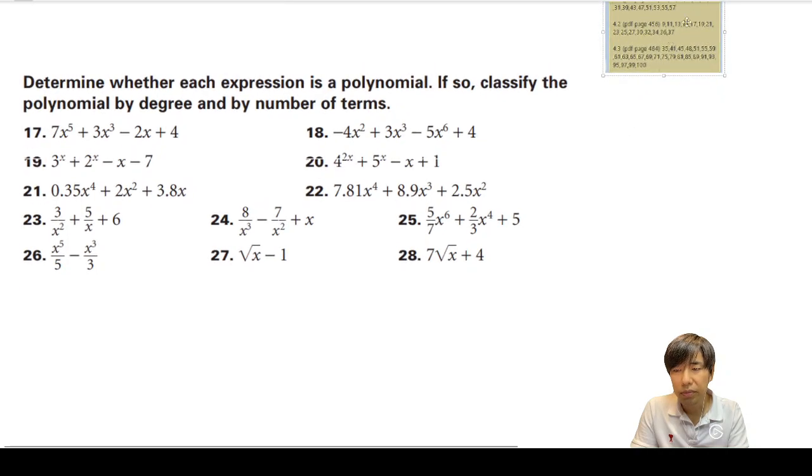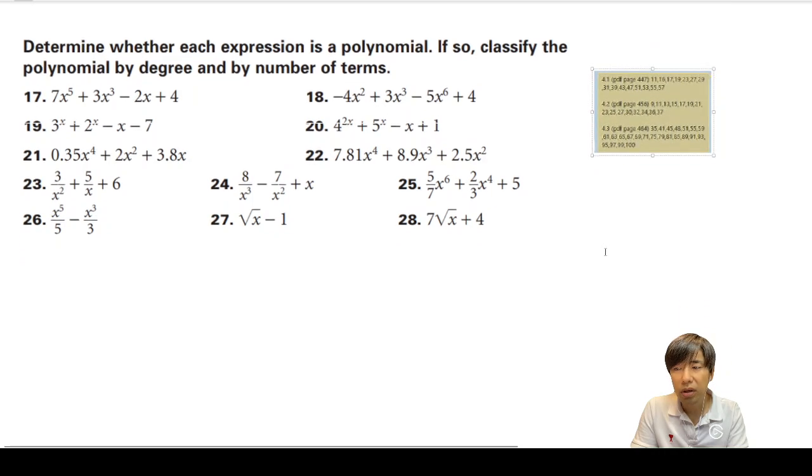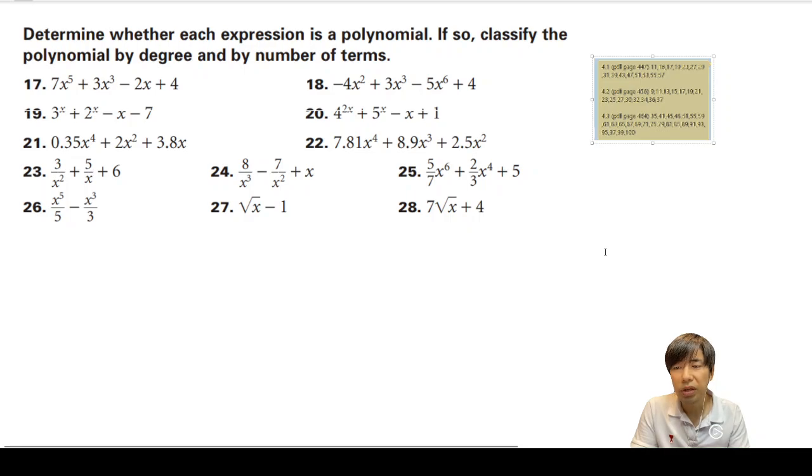Determine whether each expression is a polynomial. If so, classify the polynomial by degree and by number of terms. Okay, number 17. 자, 17 보면